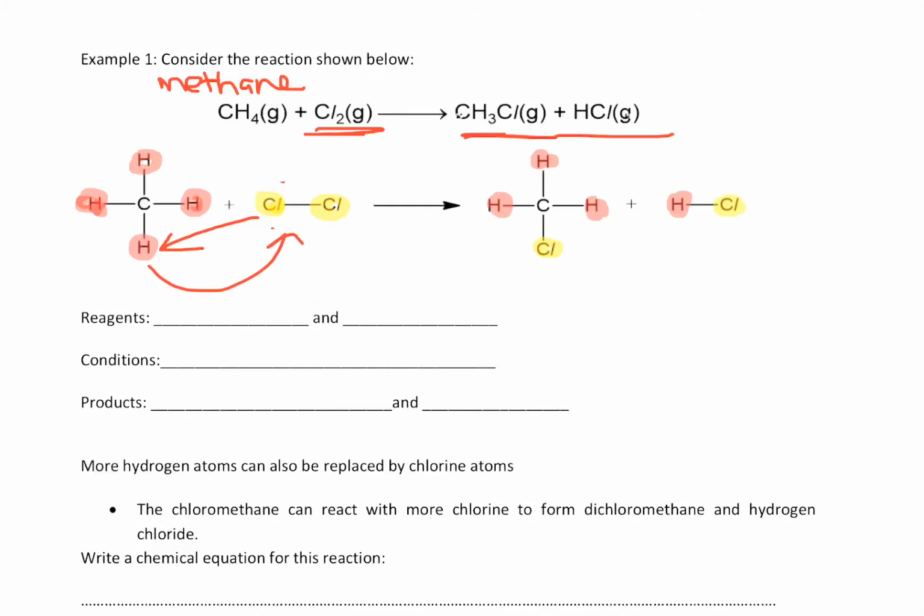Okay, so this is what happens. The chlorine was here, so it's now in the position of the hydrogen, and the hydrogen was here, and it's now in the position of the chlorine. So that's what has happened. So it's a substitution reaction. I'm removing the arrows because usually it's used to show something very specific that we're not using it for. So that's a substitution reaction, and this has to occur in the presence of UV light. So I'm going to write UV on the arrow to show that UV light is being used.